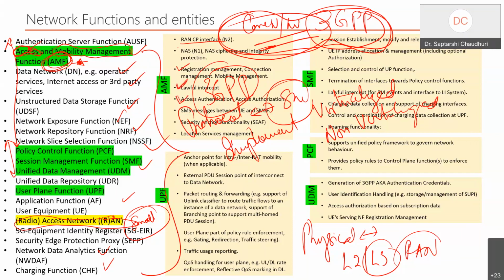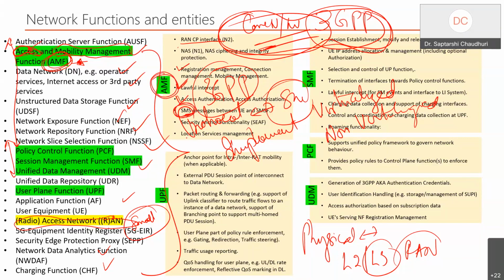Suppose, for example, you're not supposed to use ISD services, but you started doing an ISD call from your mobile. So the AMF guy will come and check your service requirement, whether you are allowed to do an ISD or not. And if not, he'll throw you out. Actually, he'll not allow that ISD call to go. He's also the person in control of your SMS. The SMS that you send in 5G, he will control it actually.